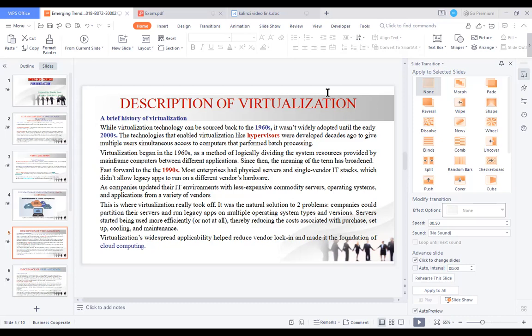And in the era of 2000, many companies updated their IT environment with less expensive commodity servers, operating systems, and applications from a variety of vendors.